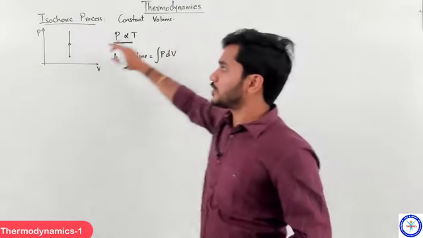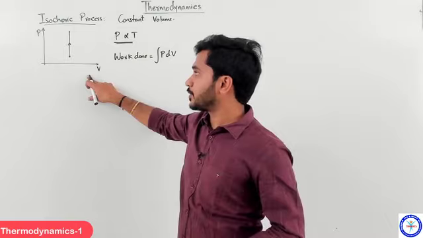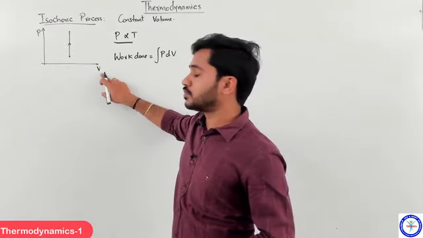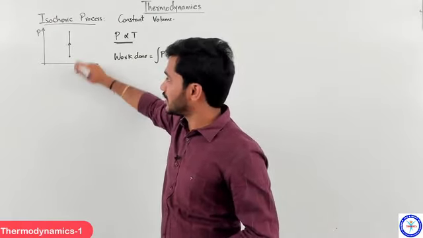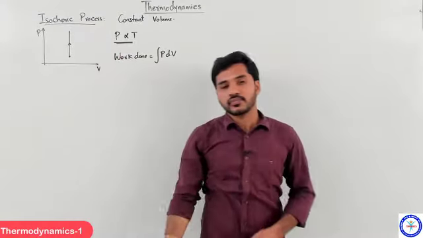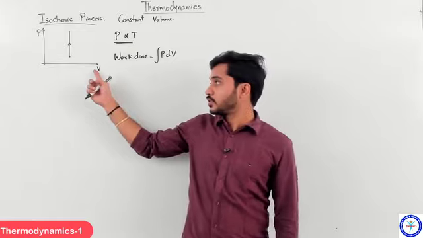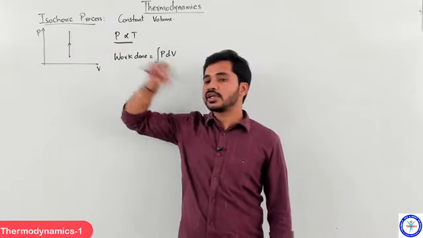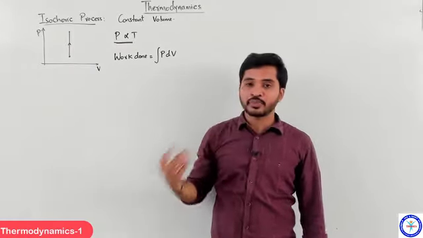And we can represent that on a PV graph in this manner. So as the pressure is increasing, you can see that the volume of the gas always remains the same. So in this case, keeping the volume constant, we are increasing the pressure, right? So what happens there is that temperature increases, correct?